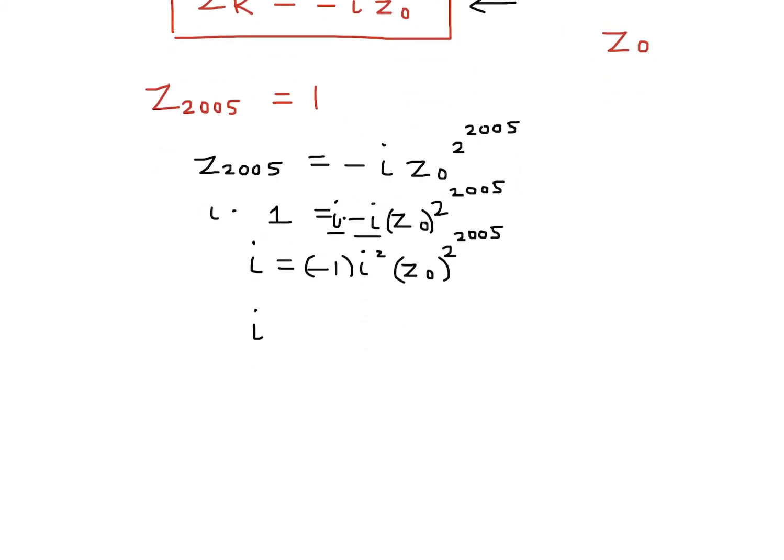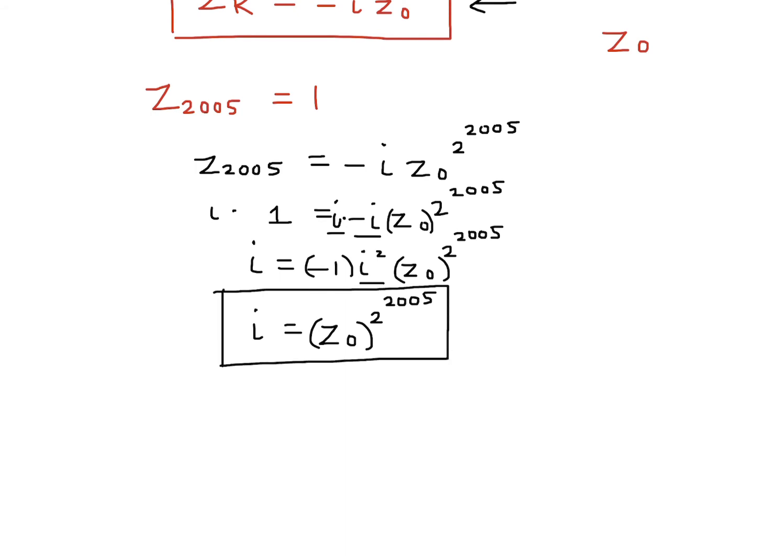Now i squared is negative 1. And then we have another negative 1. So negative 1 times negative 1 just gives you 1. And you're just left with z to the power of 2 to the 2005. So there you go. We've pretty much boiled it down to a complex equation. And this tells me that z to the 0 has 2 to the power of 2005 solutions